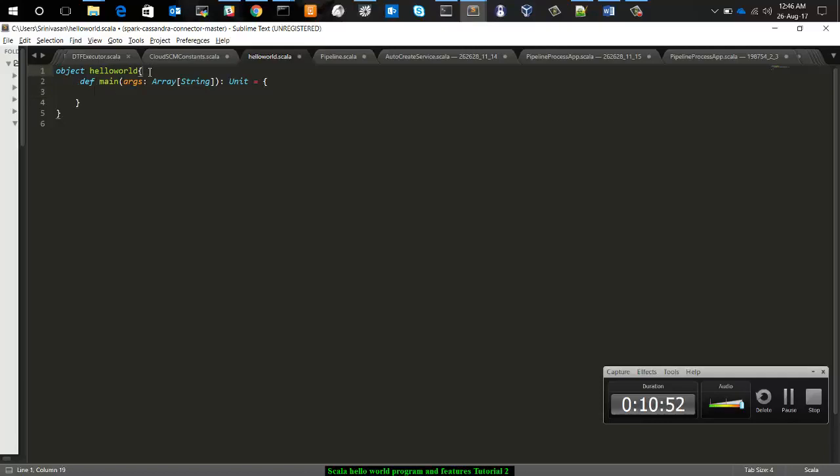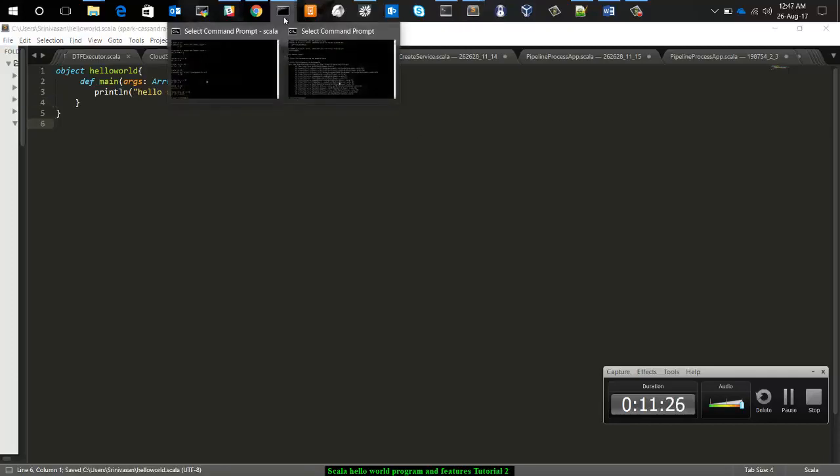This main method is getting input as arguments, which are an array of strings. Then I am writing a println statement giving the input as Hello World Scala. That's it.